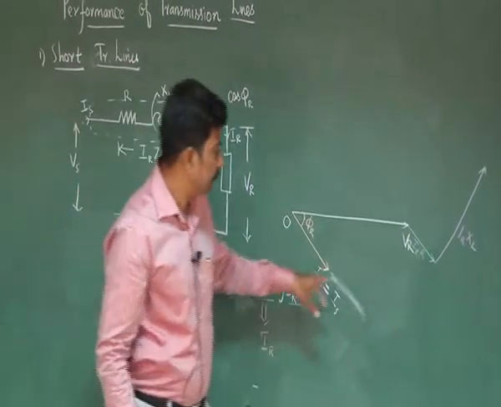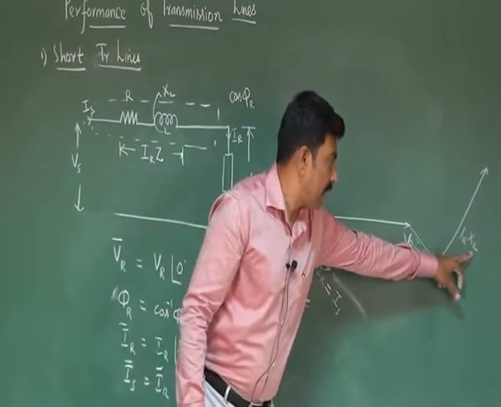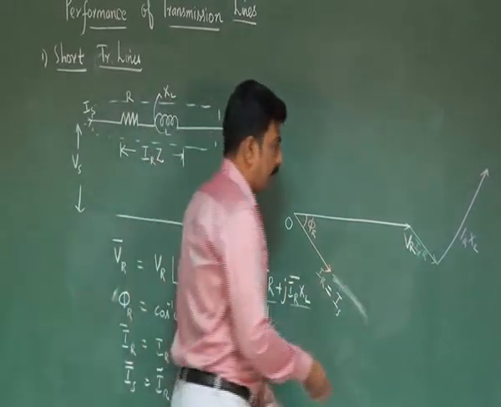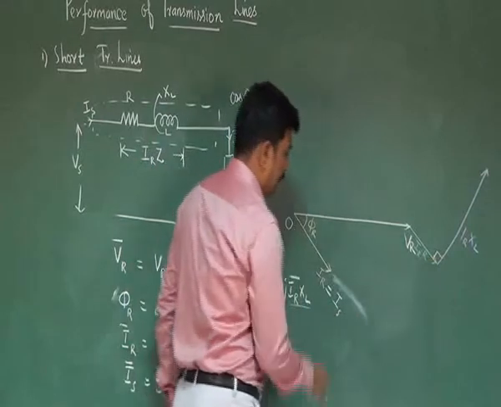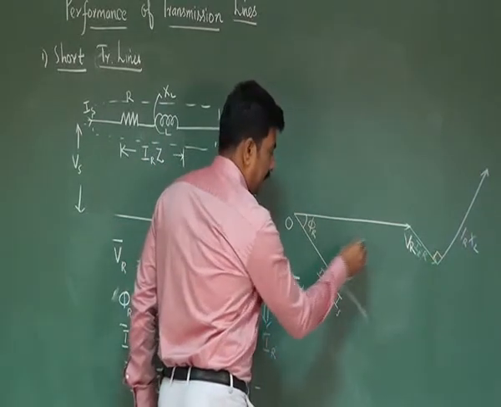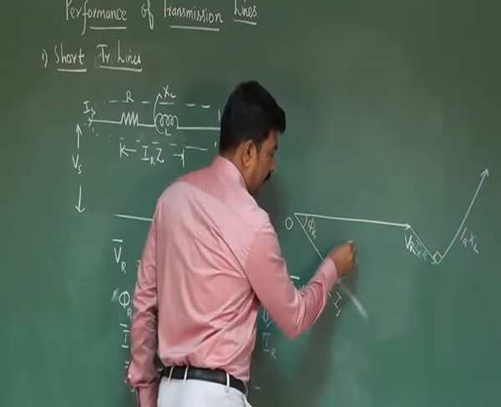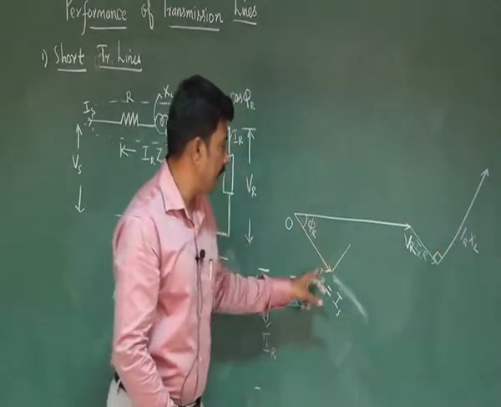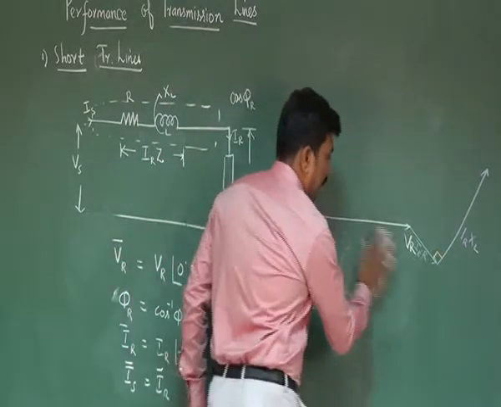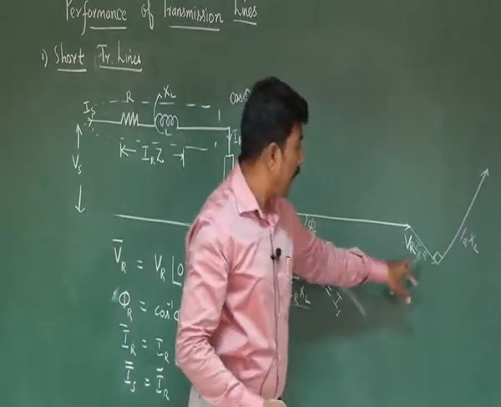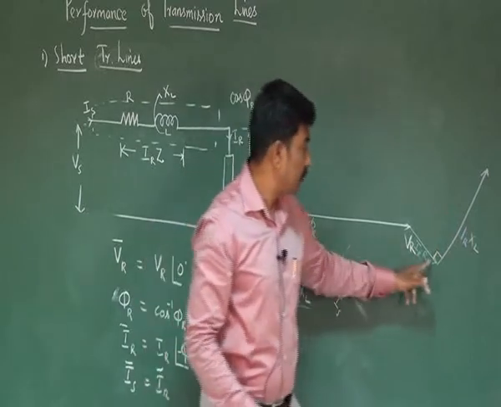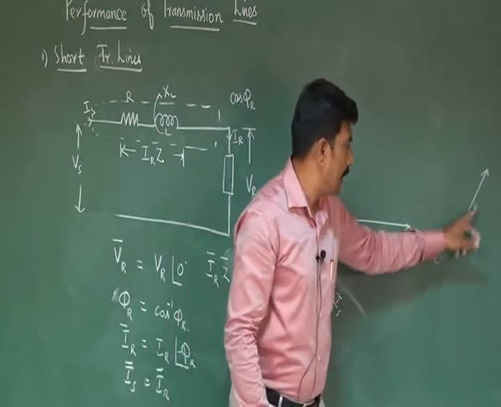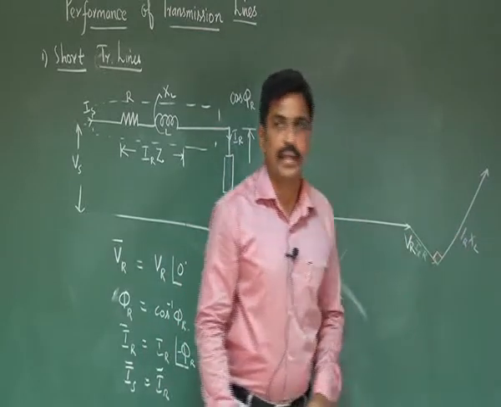That means, you see, the inductive voltage drop vector leads by an angle of 90 degrees. The angle between these two vectors is 90 degrees. Similarly, if you extrapolate that vector, it will be like this. But we shouldn't combine a voltage vector and a current vector. That's why we have combined voltage vectors. So IRR is in phase with IR, that's why the angle is 90 degrees between these two vectors. So the inductive drop vector leads the current IR by an angle of 90 degrees.